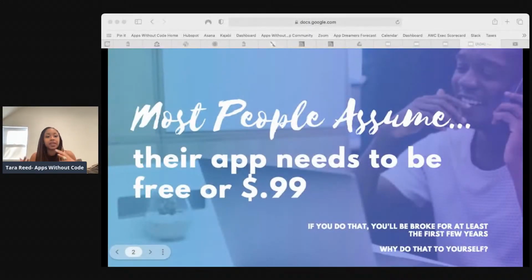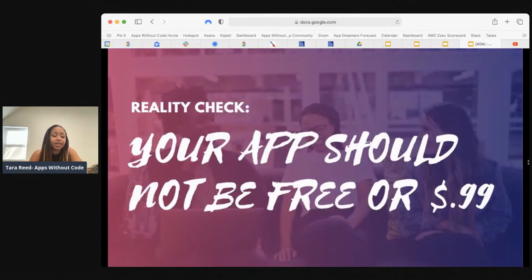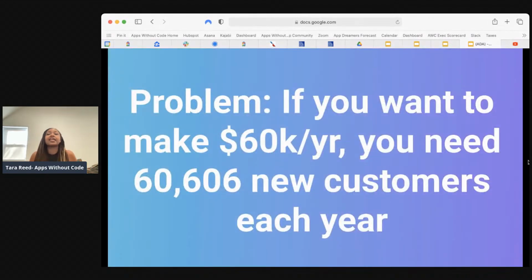Because so many people, like most people, assume when they come up with an idea for an app that the app needs to be free or 99 cents, right? But the specific problem with making your app free or 99 cents is that, let's say you want to make $60,000 this year with your app idea. Well, if you do that,